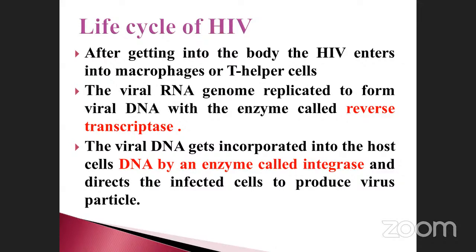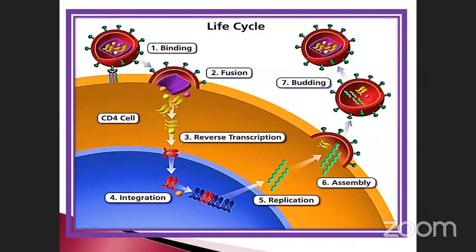It also directs and infects the cells and produces virus particles. When it is incorporated, transcription also becomes possible, so it produces exact copies of the DNA molecules. As a result, the viral particles also produce viral DNA. The viral DNA controls all the activities of the host DNA and produces its own specific viral genome, and the viruses multiply.